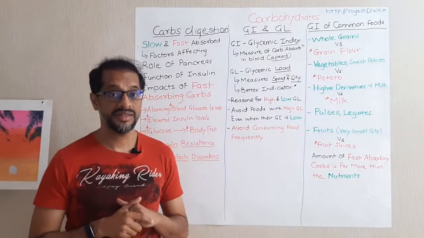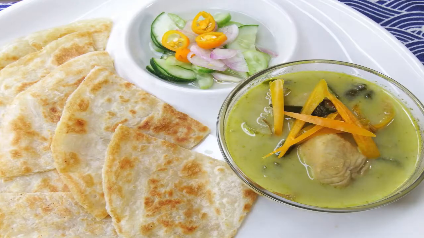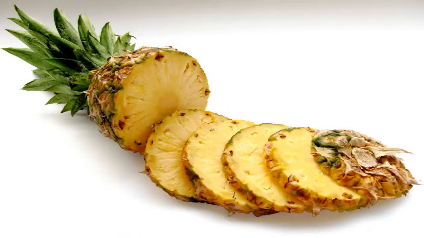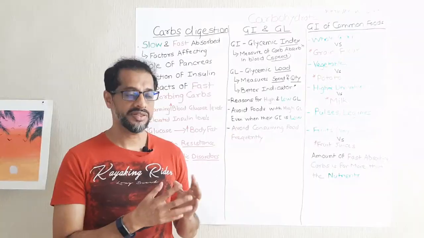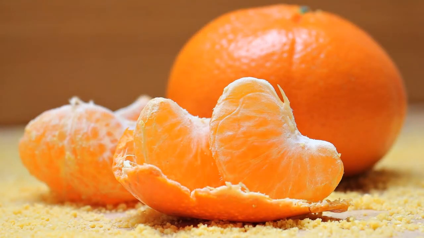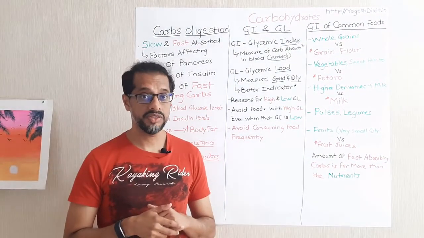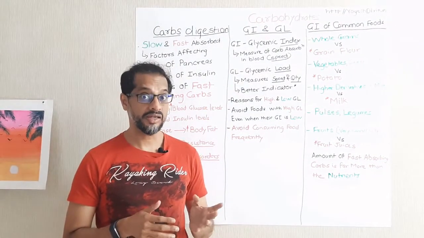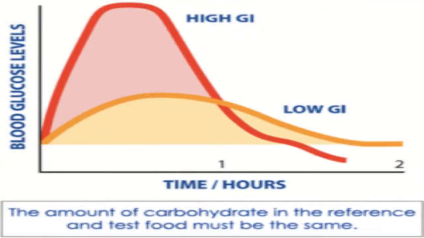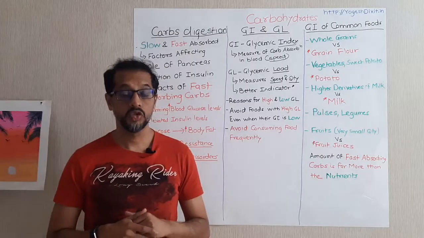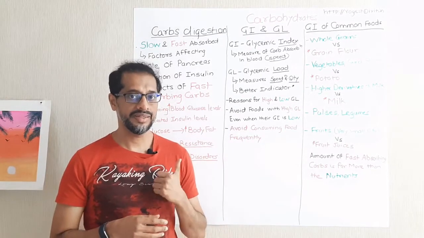So this helps in understanding what happens when we consume, let's say, a wheat roti versus a lachha paratha, a pineapple versus a bunch of berries like raspberries, strawberries, blackberries and things like that, and a couple of oranges versus a glass full of orange juice. Since the GI value of all these foods is different, the impact on blood glucose after consuming them is going to be drastically different. So before I get into that interesting topic, I would like to cover the second unit of measure,